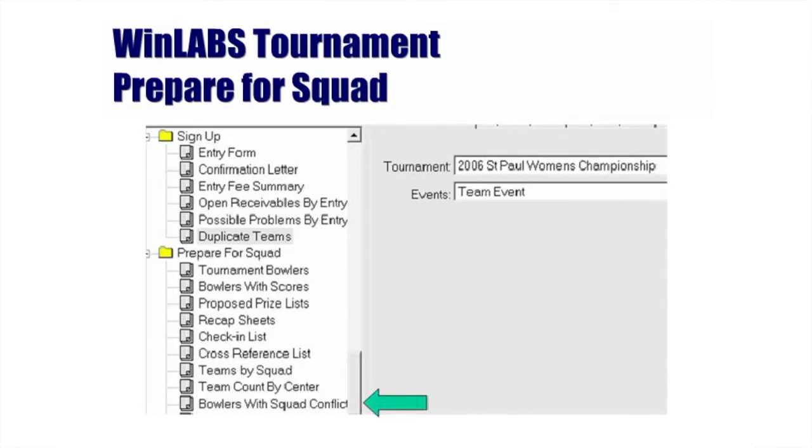Many youth tournaments have other people placing the participants on teams. This could also happen in other tournaments when people agree to bowl with their friends but do not pay attention to the team or double schedules. The Bowlers with Squad Conflicts report will list those bowlers that you have scheduled to bowl on 2 squads on